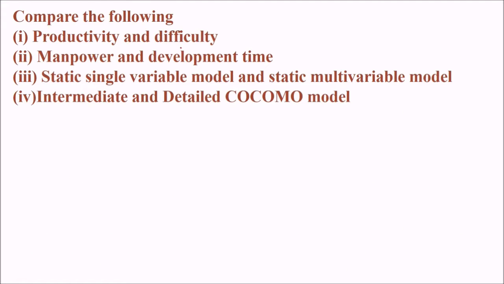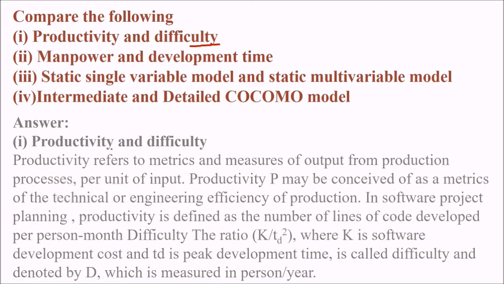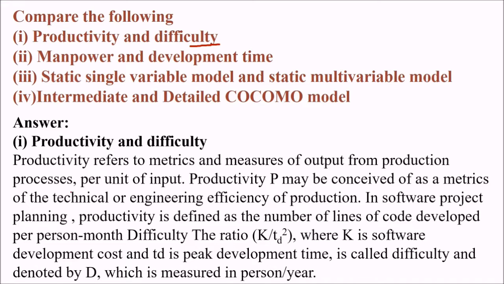Compare now the difference, that is, the productivity and difficulty. We'll take them one by one. Productivity refers to the metrics and measures of the output from the production processes, that is, per unit of input. So the productivity P may be understood or conceived as a metric of the technical and engineering proficiency of production. In software project planning, productivity is defined as the number of lines of code developed per person month,